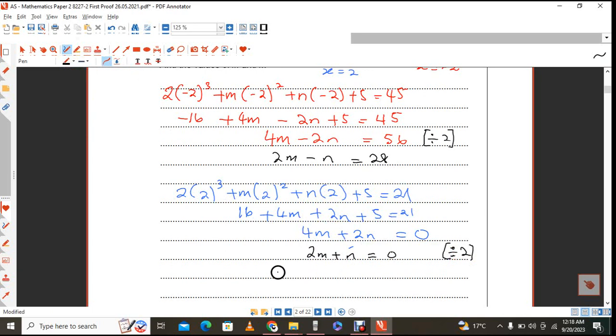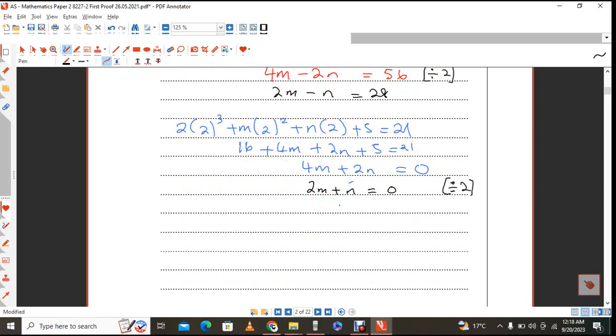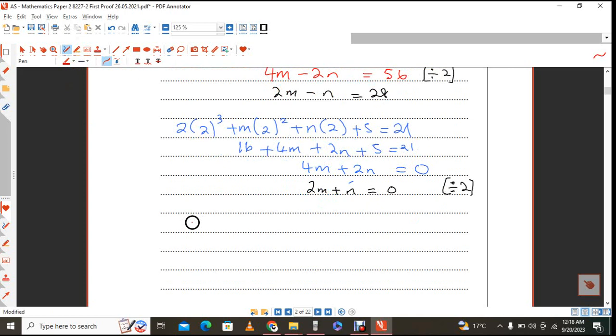So now I have these two equations that I'm going to solve simultaneously. Right, so whenever you are asked to find two unknowns, that is what you will definitely come across. You have to create a system of two equations and solve them simultaneously. All right, so you have different signs here. So we will solve this obviously by